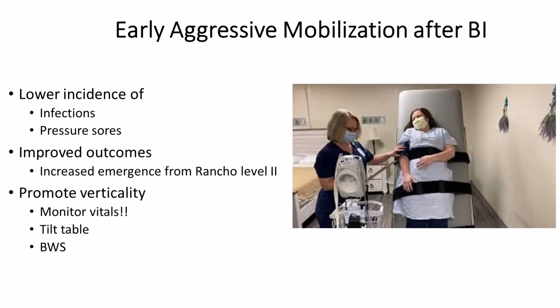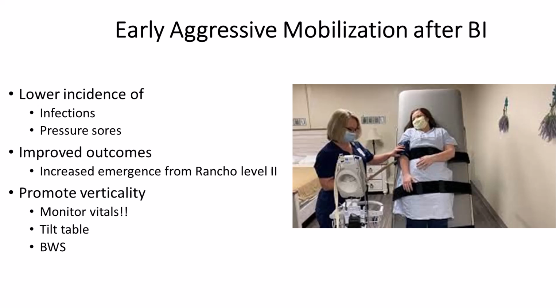Interestingly enough, research has demonstrated that early aggressive mobilization in the acute care setting, the inpatient rehab setting, or skilled nursing facility setting is really important for helping that person recover after brain injury. Reports indicate a lower incidence of infections and pressure sores just by getting that person up. There are also improved outcomes. Individuals appear to emerge faster from Rancho Level 2 onto the level of minimally conscious state,